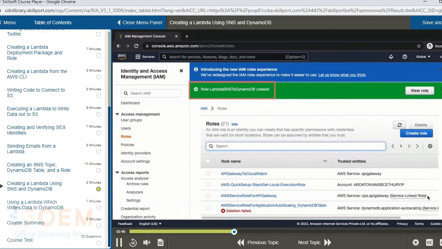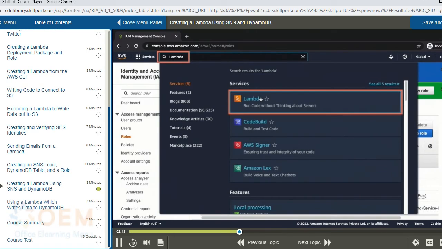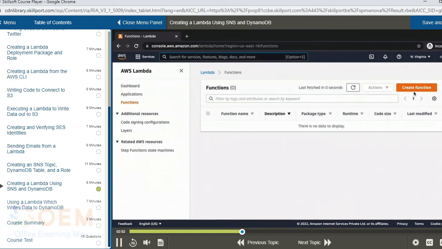We have the green success message up top, and we can now go ahead and create a Lambda which utilizes this role for its execution. We use the search bar to find the Lambda service, click on it, and that takes us to the dashboard for AWS Lambda. At this point, we've again cleared up our old Lambda functions, so there are no pre-existing Lambda functions in this view. Let's click on the create function